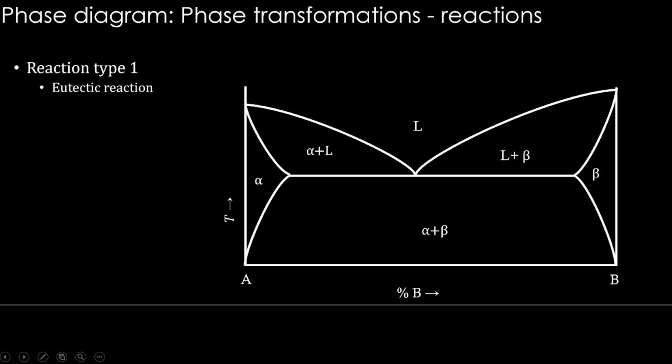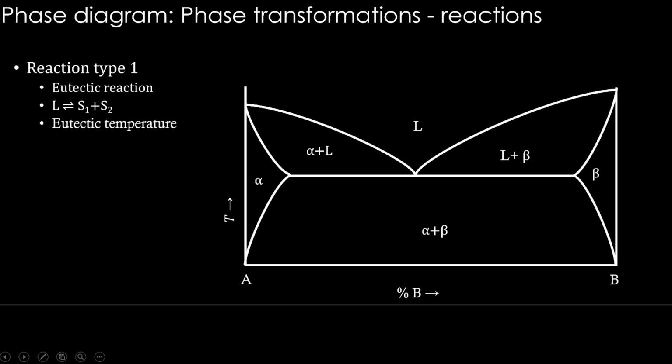So that is there in this phase diagram. That is called eutectic reaction. In this, liquid becomes two solids. It's not one liquid transforming to a solid. It is liquid becoming two solids. Liquid gives solid 1 plus solid 2. This reversible symbol is given here basically to say that when liquid is cooled, solid 1 and solid 2 will form, and when solid 1 and solid 2 are heated, the liquid will form. It's a reversible reaction in that manner. Or more precisely, it is liquid and two solids staying in equilibrium.